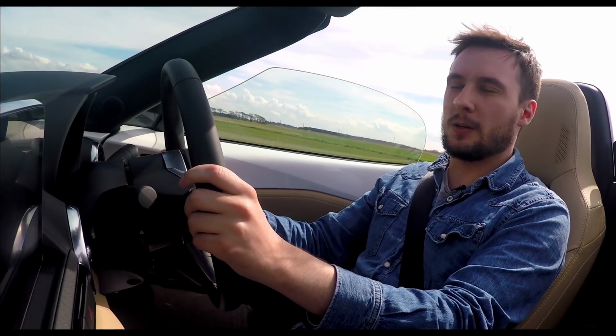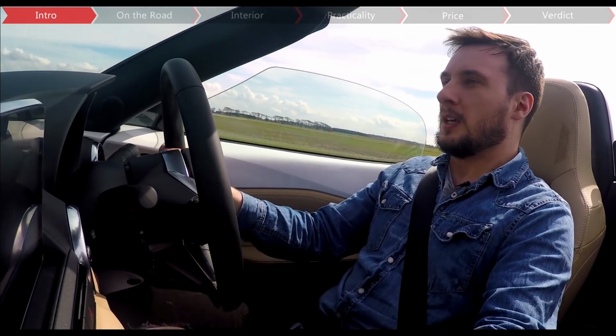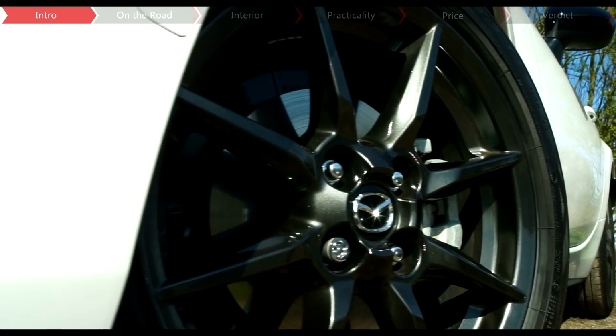There must be something uniquely mad about the great British public that makes people want to go and buy a car with no roof when the weather is so very rarely like this. But buy them we do. This is the Mazda MX-5, otherwise known as the best-selling two-seater sports car in history and one of the most